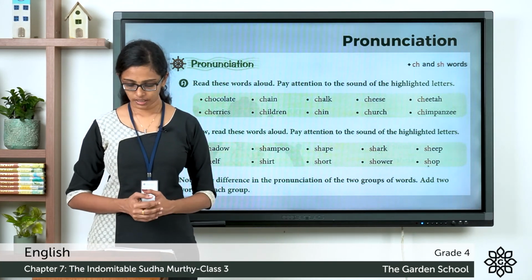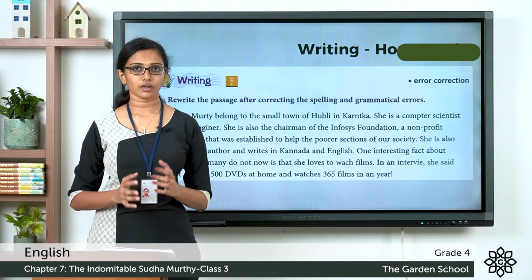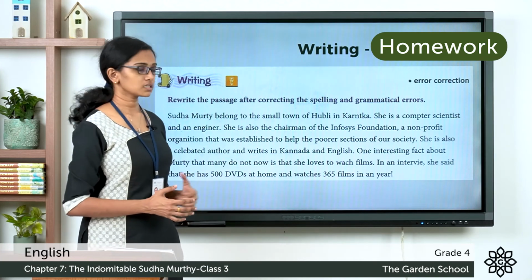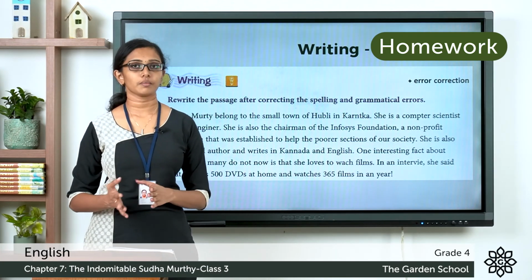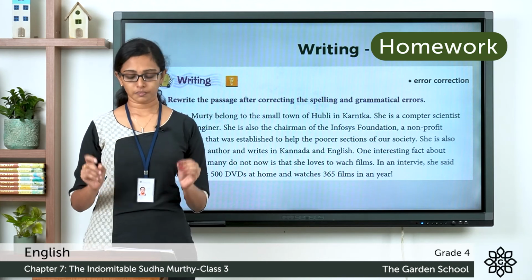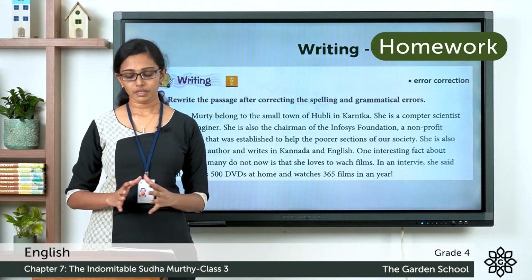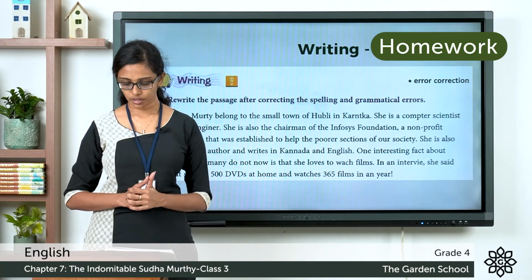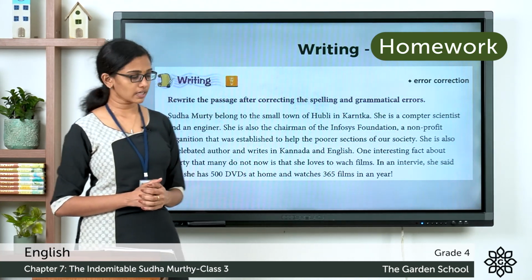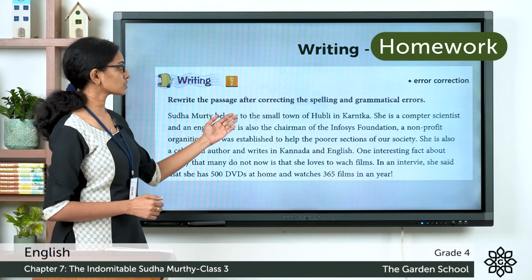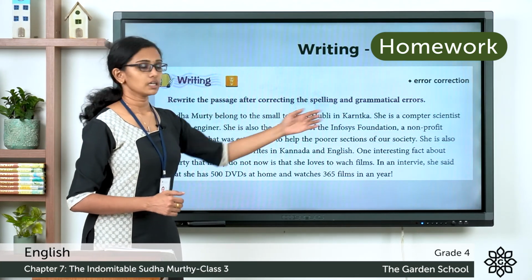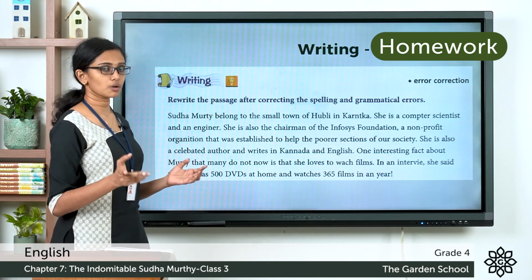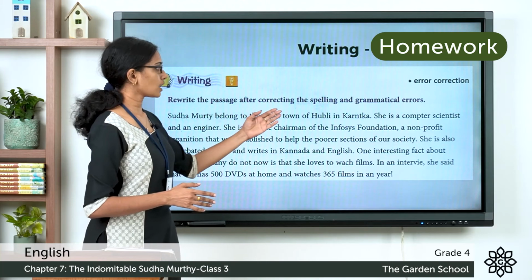Now the next section is the writing exercise, and it's about error correction. You can see a passage is given there, and this passage contains a lot of spelling mistakes and grammatical errors. You have to find out the spelling mistakes and also the grammatical errors, and then rewrite this passage correctly in your notebook. For example, in the first sentence you can see Sudha Murthy belonged to the small town of Hubli in a word there. So here it should be belongs to the small town of Hubli in